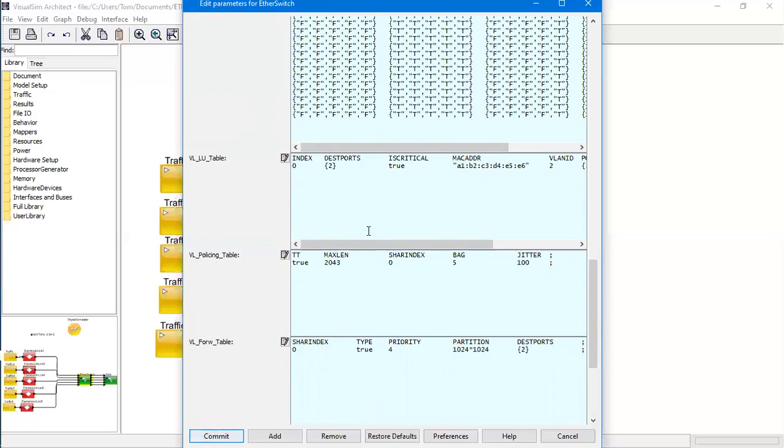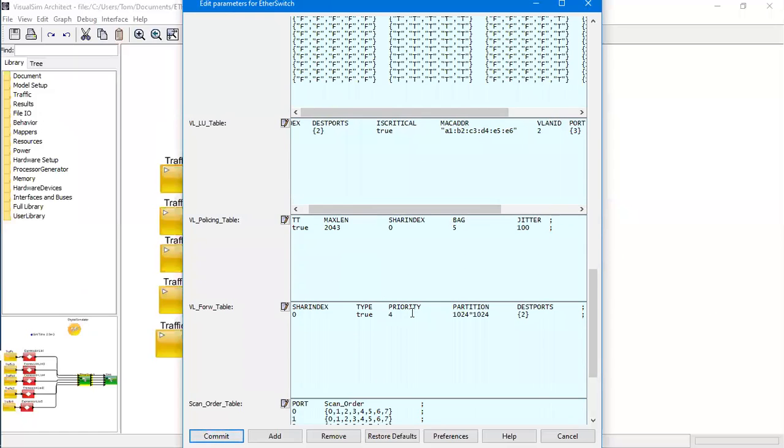In VLLU, we'll be seeing whether it is a critical transaction, the MAC address corresponding to it, the incoming port, and whether it is coming in the corresponding VLAN ID. This table is only used if a best effort packet comes in. For the critical packets, the destination port mentioned in the VL forwarding table will be used.